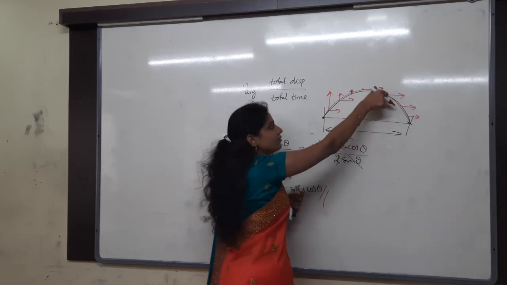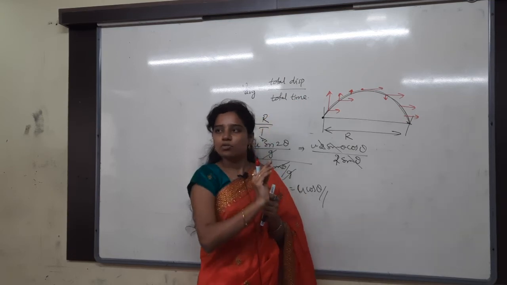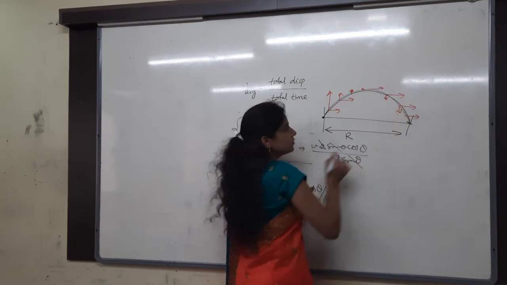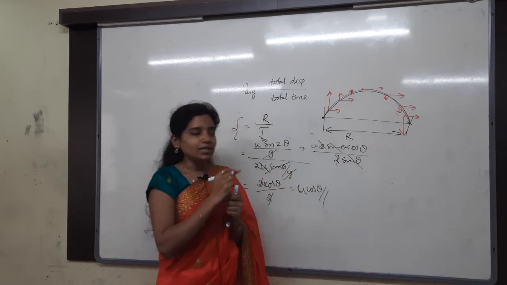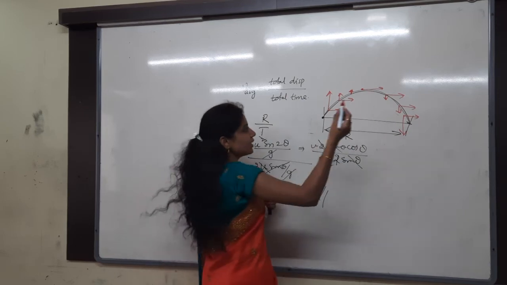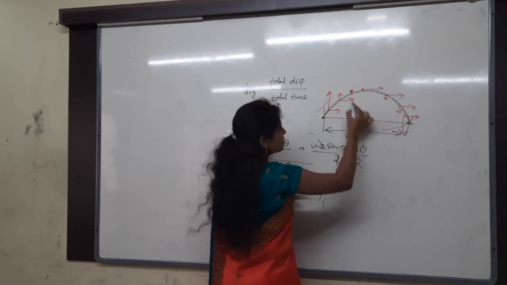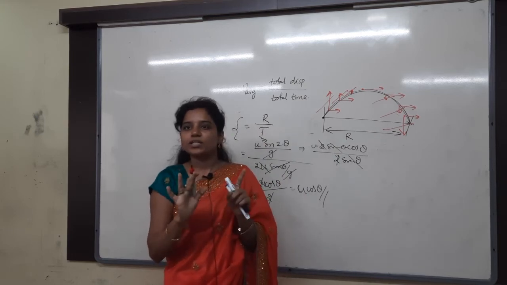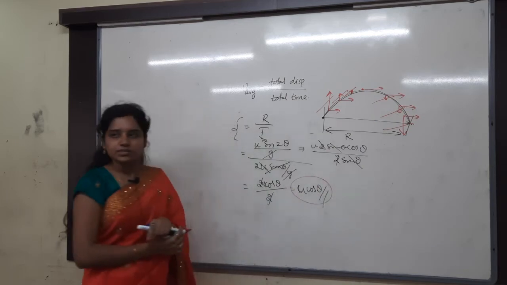While coming in downward direction, whatever velocity is here, the same velocity will be there. Last second in the upward journey equals first second in the downward journey. It is decreasing equally and then increasing equally. So if I see the average, nothing but total values, this one gets cancelled with this, and this with this. Is there any vertical velocity then? No vertical velocity. Only horizontal velocity exists here.